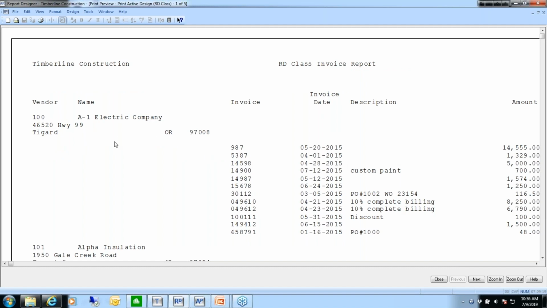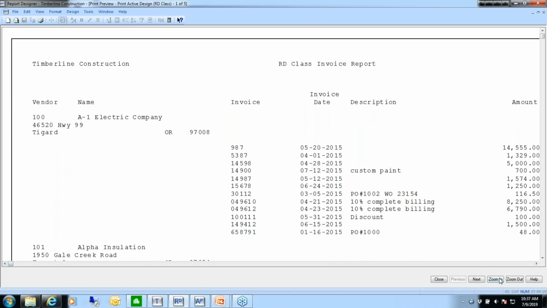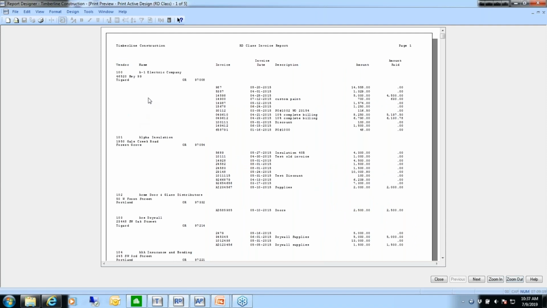All right. So here I've got vendor 100. It's listing all my invoices with dates, description, and amount. Okay. And it's only listing, let me zoom out here, it's only listing vendors that have invoices. If they don't have an invoice, they're not printing. Okay. And to prove that,